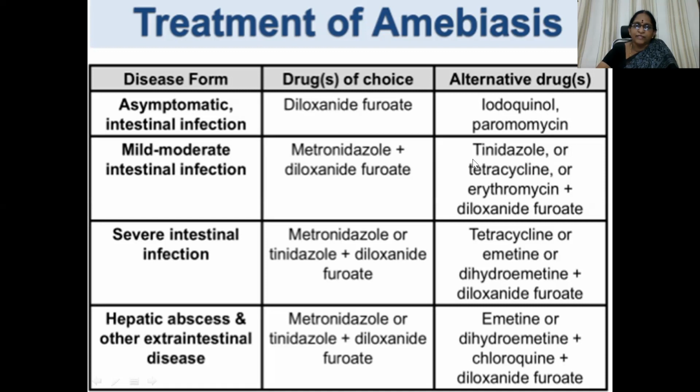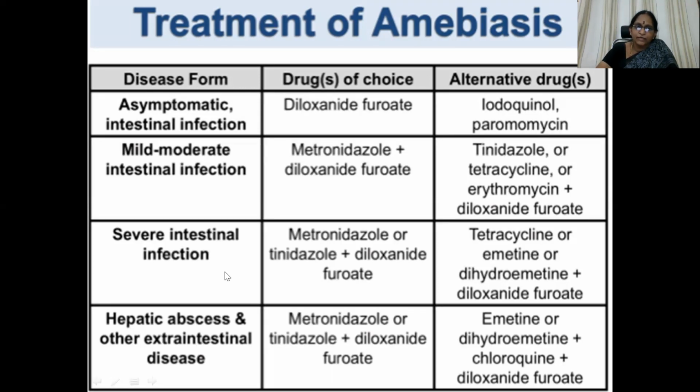An alternative can be used in place of metronidazole if we are not in a position to prescribe it, even in the case of pregnant ladies, or if there is metronidazole intolerance or metronidazole therapy failure. Then you can go ahead with tinidazole. But in pregnant ladies, of course, we generally don't go for tetracyclines. And in other failure cases, we can go ahead with retronidazole, tetracycline, erythromycin, and gloxonide furoate.